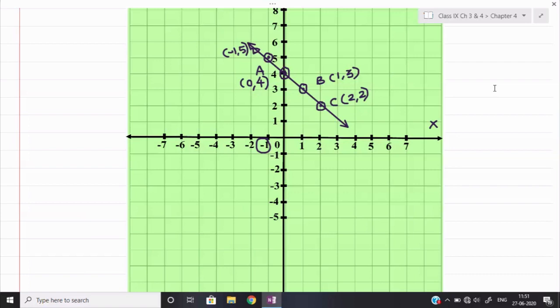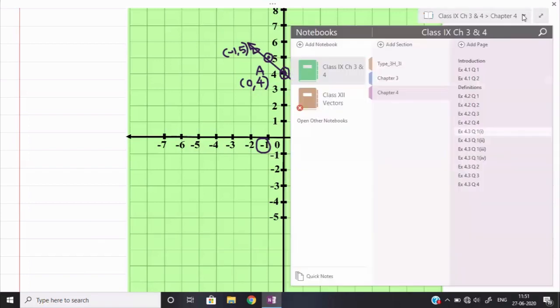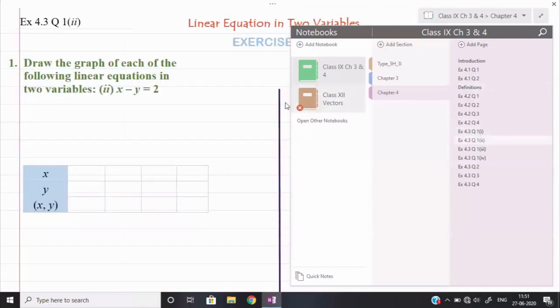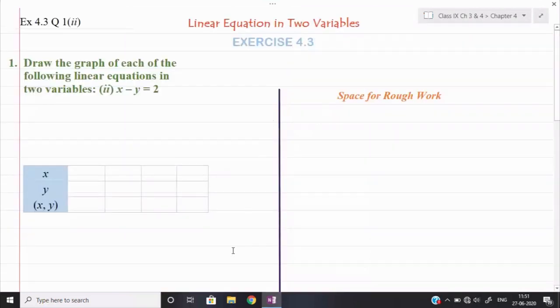Now similarly, let us see the second part. Now see in the second part what we have given. We have given that in the similar way one more equation, x minus y is equal to 2, and for this equation also we need to draw the graph. Now see here, x if I send on that side, I will get the value of minus y, and again y will be negative. Okay, so it is difficult to calculate the value of y. So it is better if minus y I send onto that side and 2 I can bring onto this side. Means shuffling if I do in this manner, so it will be easier to solve for me.